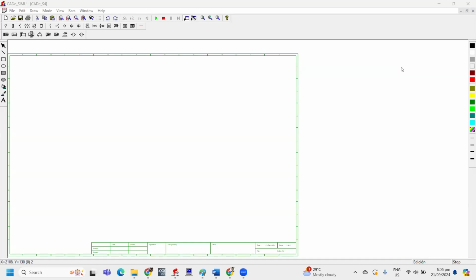For today's video, we will learn how to create a text in a CAD simulator. If you want to put a text or create a text in a CAD simulator, what we will do is